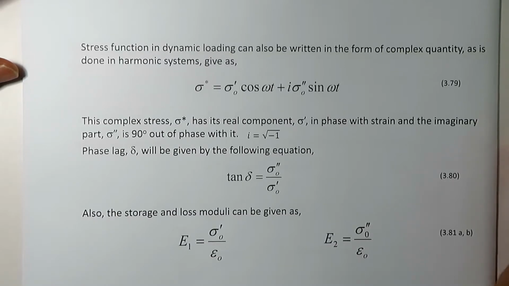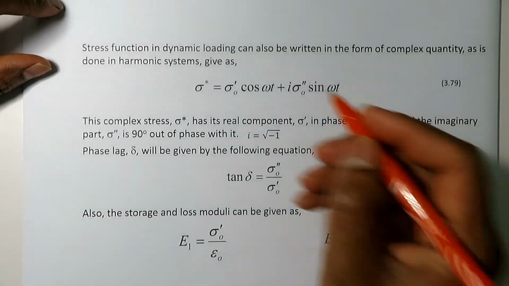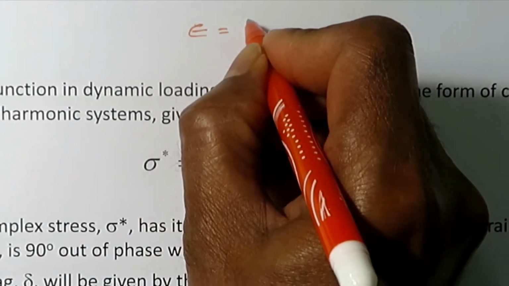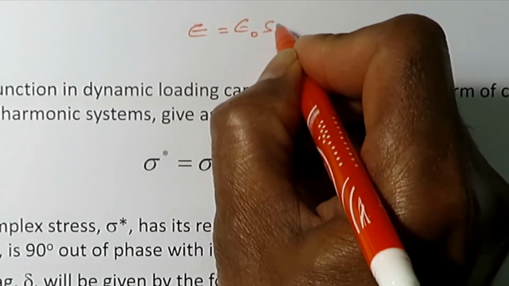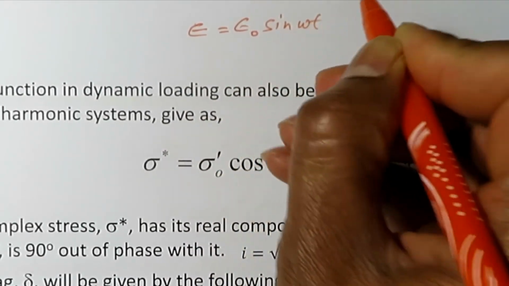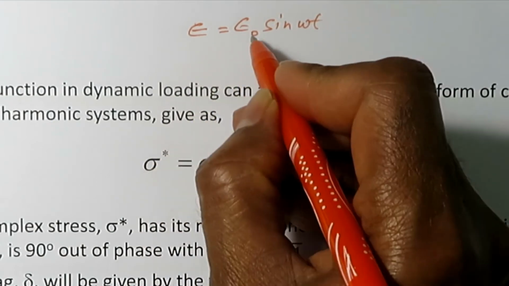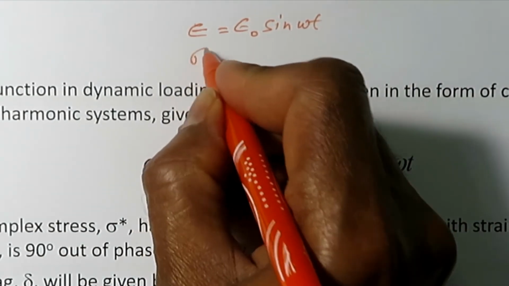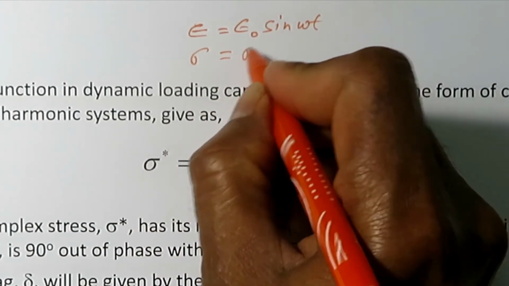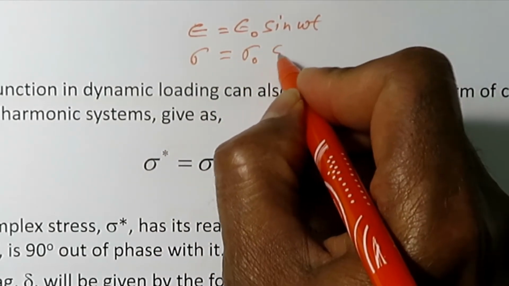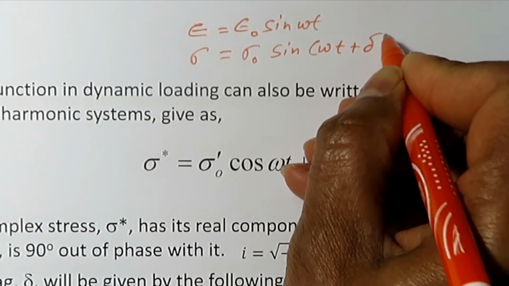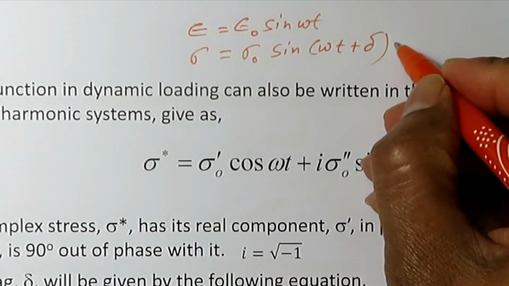Previously, we wrote the equation for stress and strain in a dynamic loading case as epsilon equal to epsilon naught sine omega t, and for stress sigma naught sine omega t plus delta. So delta is the phase lag,